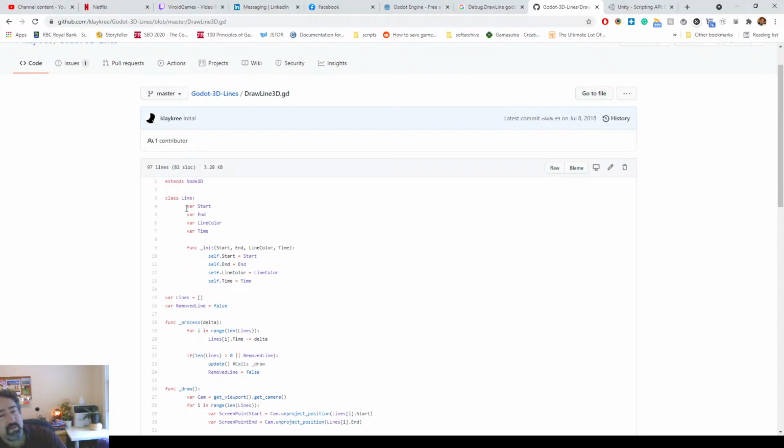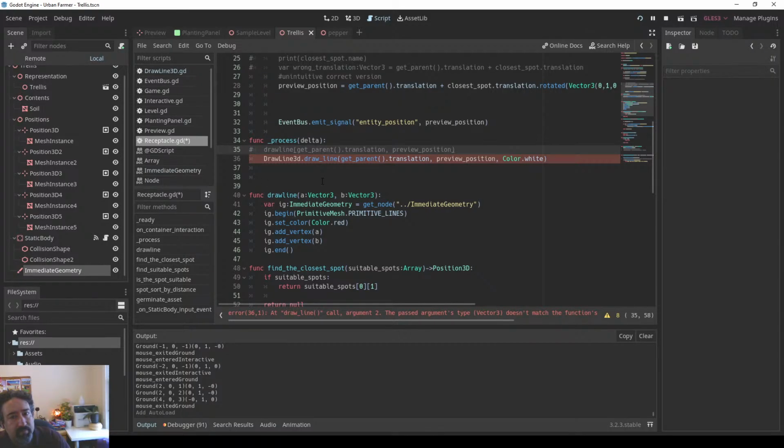How is it that his example works on vector 3 and yet this code here is saying